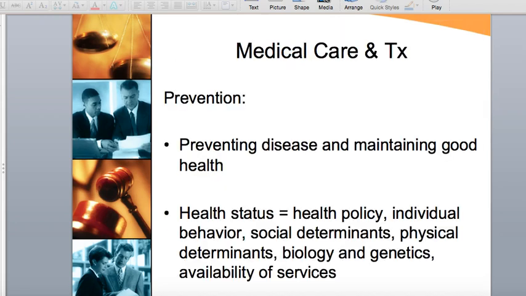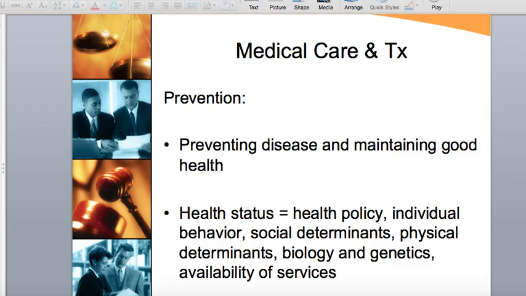So now we're going to talk a little bit about medical care and treatment. When we're talking about medical care, we're talking about prevention. Prevention includes preventing a disease as well as maintaining good health to prevent ever acquiring a disease or a chronic illness. When we're talking about the health status of an individual, we need to look at what health policies are in place to help keep that person or the population healthy. Then we have to look at the individual behaviors or population behaviors that may be impacting someone's health